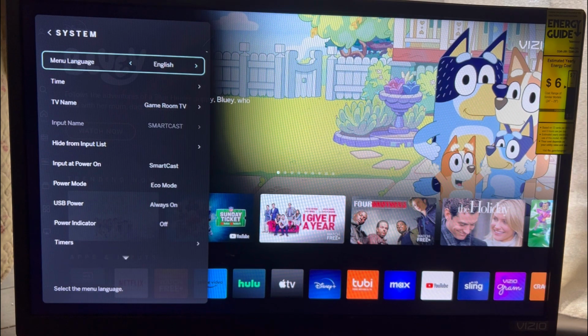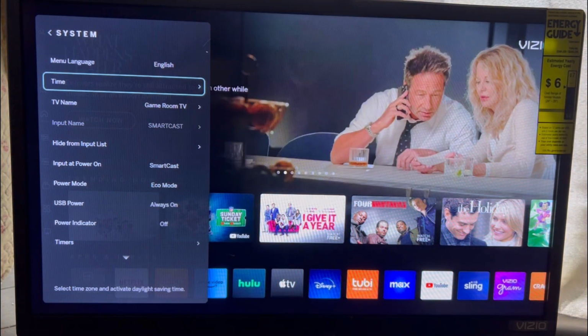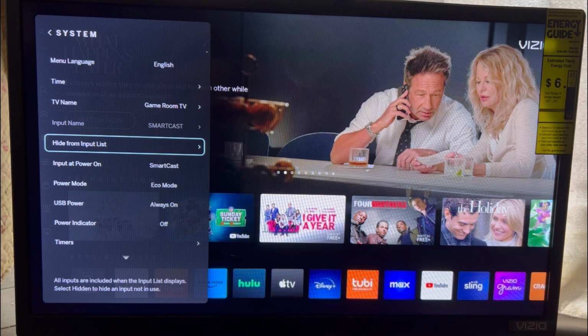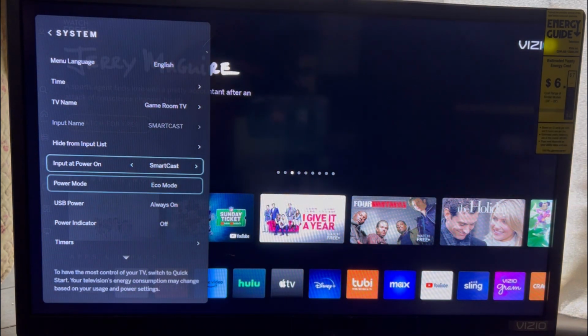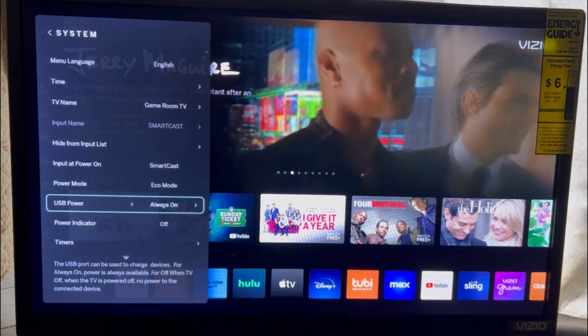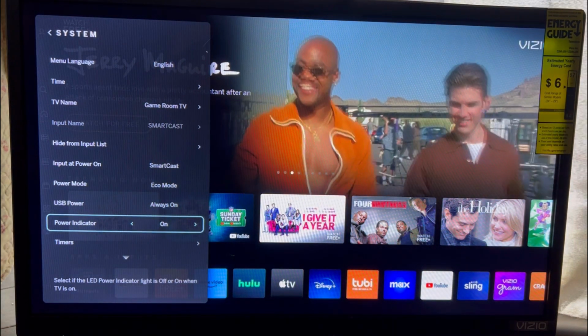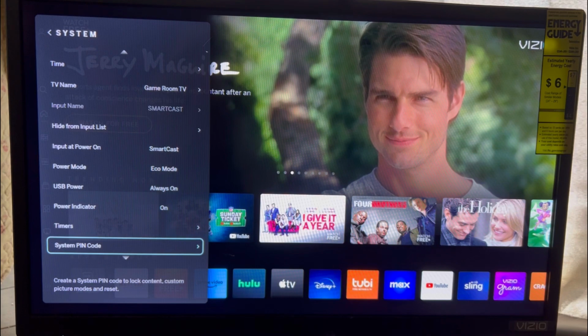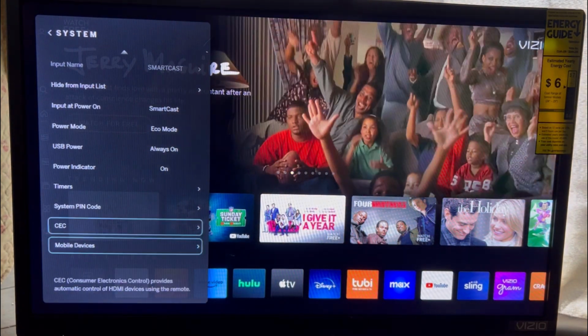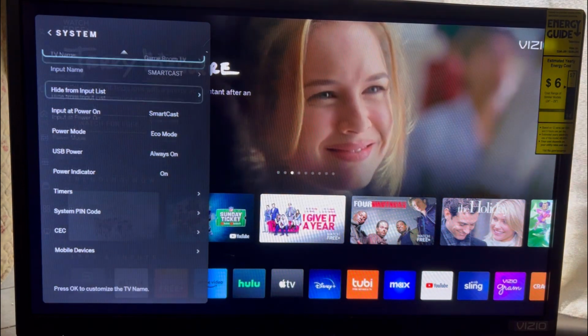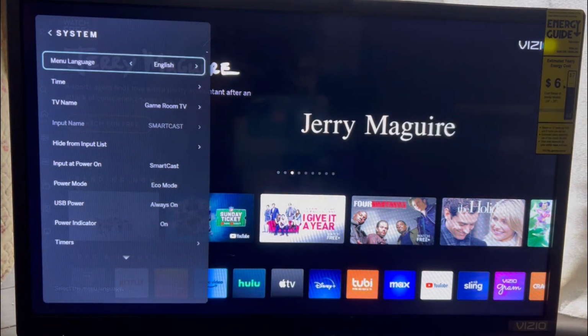And then I did try looking at the system, so it's not going to be in the system to reset the TV. So it's not in the system, so you want to scroll back up and go back to the settings,